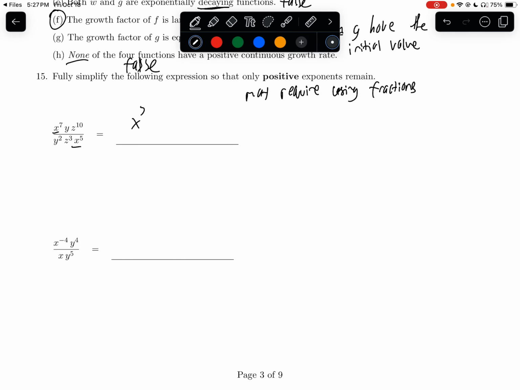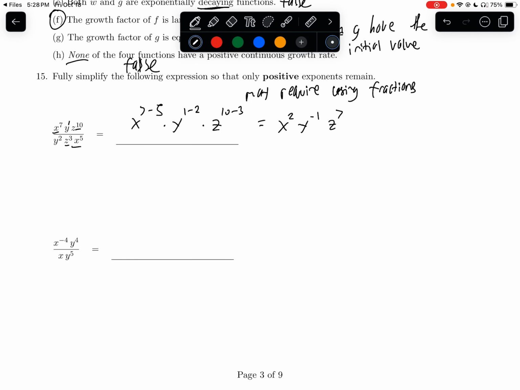So I'm dividing that same base, so I can subtract the exponents, times y to the, I have a 1st power in the numerator, 2nd in the denominator, so 1 minus 2. And then for z, I have 10 and a 3, so 10 minus 3. So this is x squared y to the negative 1 z to the 7th,